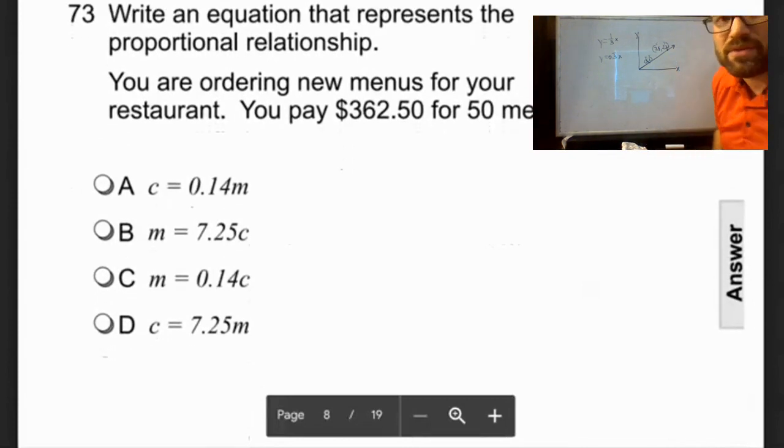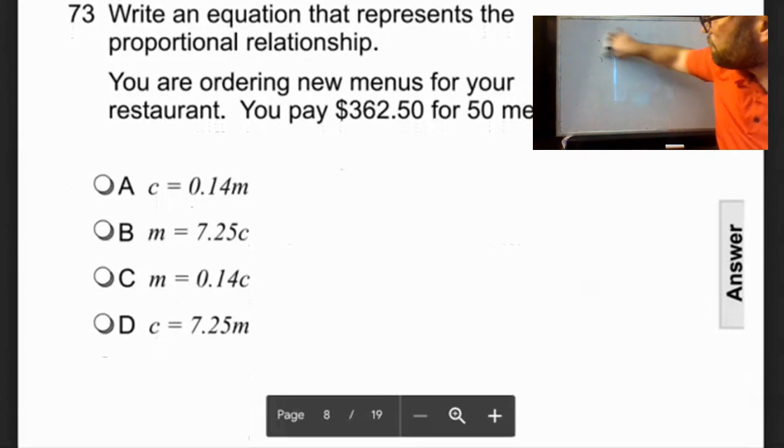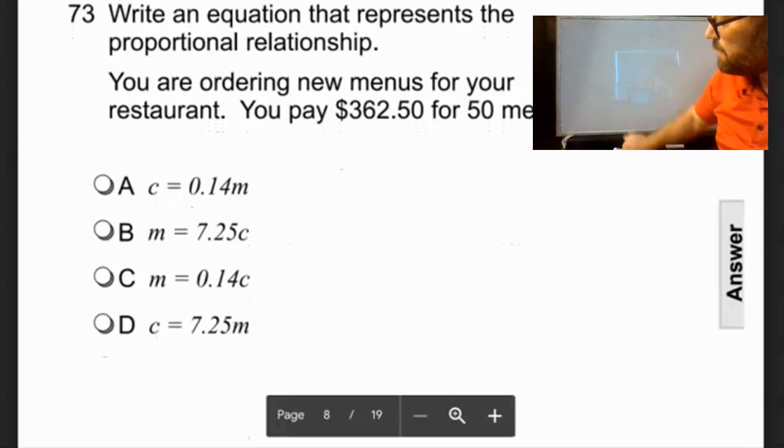Here we just have an equation. Write an equation that represents the proportional relationship. You're ordering new menus for your restaurant. So you pay $362.50 for 50 menus. So we know it's going to be cost. And money always goes on top. We know that. So cost equals